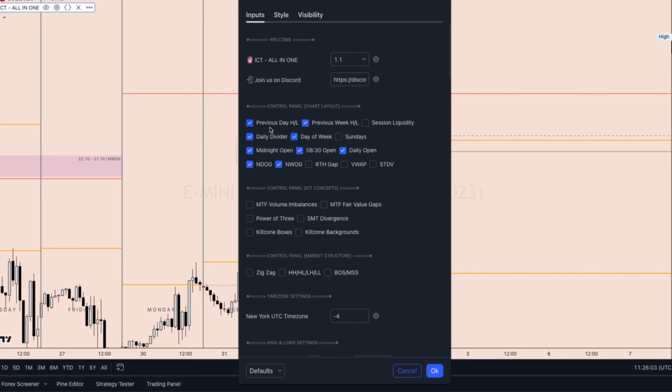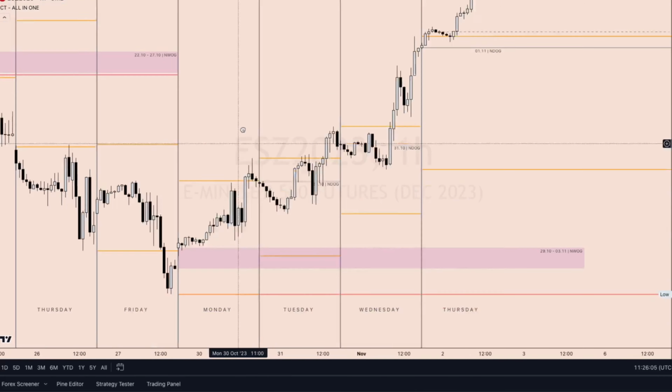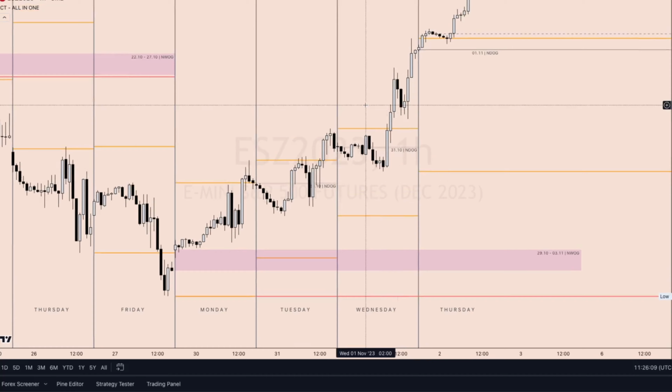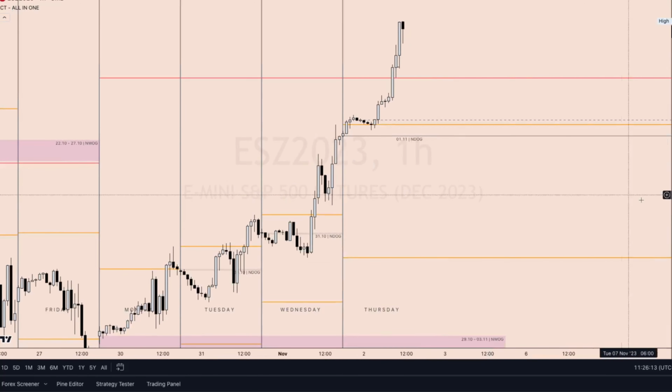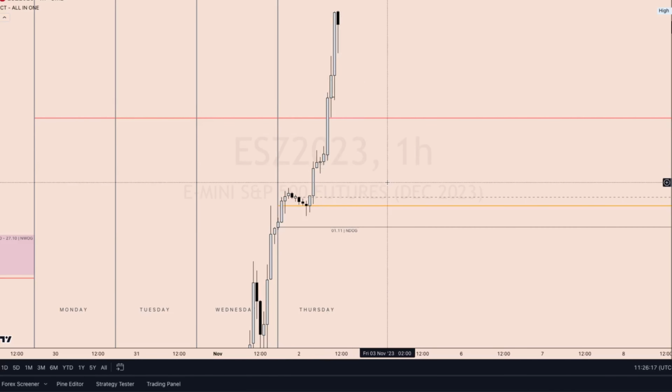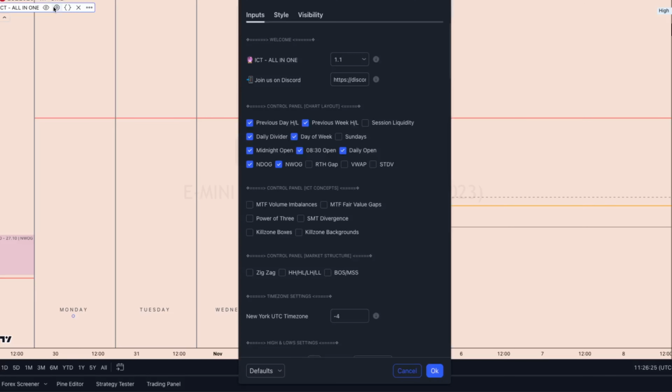And the Session Pro, that's the main component for the previous day's high, previous week high. Then I started working on the new day opening gap and new week opening gap, added the key levels like the midnight level, daily opening, and the 8:30 opening. So it really just started adding up, and then I decided to combine them into all-in-one indicators